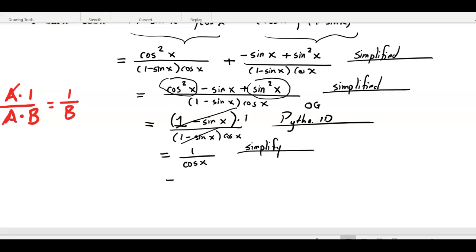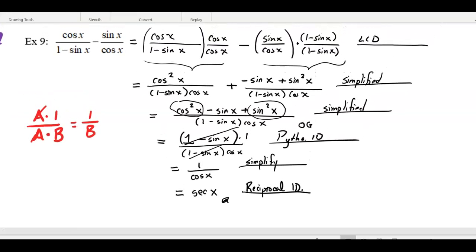And then 1 over cosine of x is secant of x, end of proof, and that is one of my reciprocal identities. So